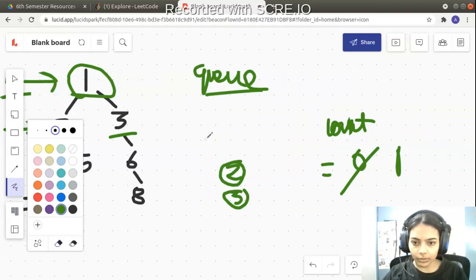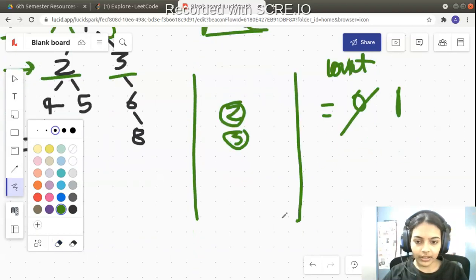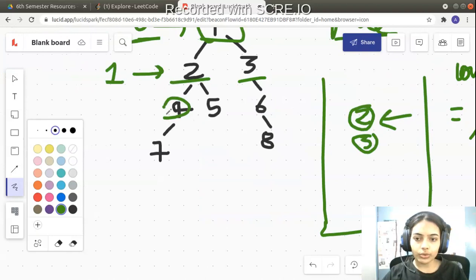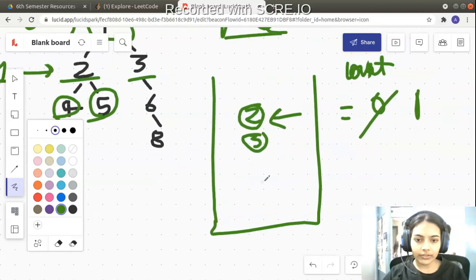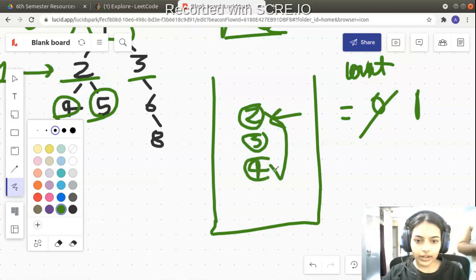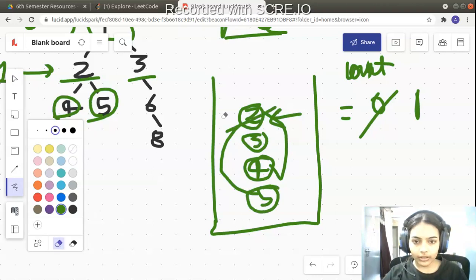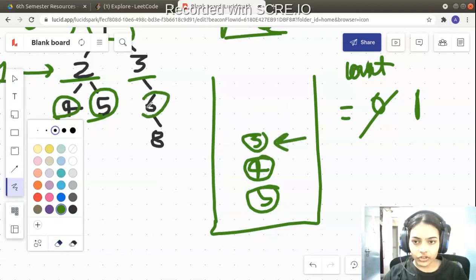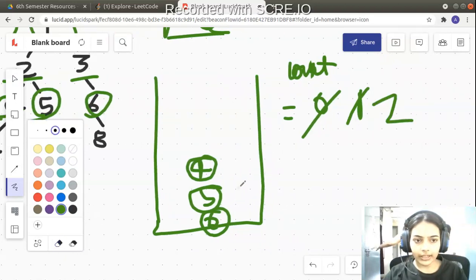Let me extend this queue so that we can insert more nodes below it. In the queue we insert the nodes one by one below it. So we check for children of 2. 2 has two children. Left child is 4, right child is 5. So we insert the children, and we have inserted the nodes, and now we can pop out this node which is 2. We do the same thing for 3. 3 has child 6, so we insert the node 6 below it, and then we pop out 3. After we do these operations, we can also increment our count. So our count has incremented and it has become equal to 2 now.